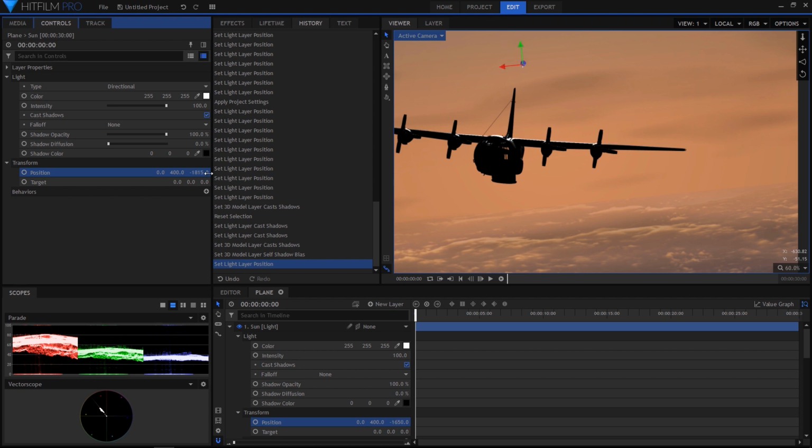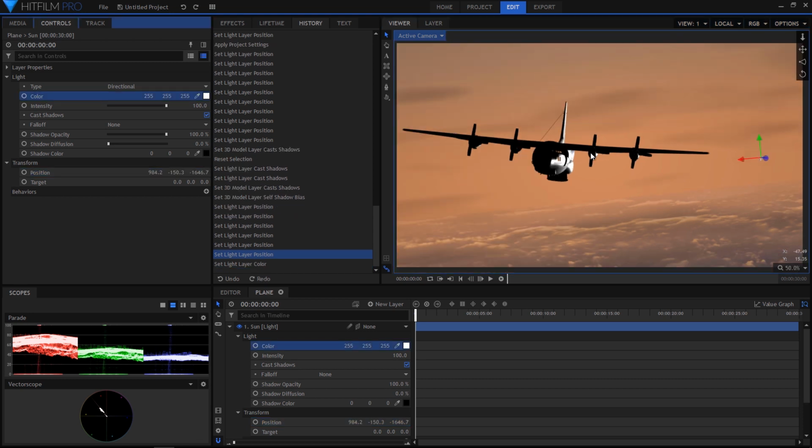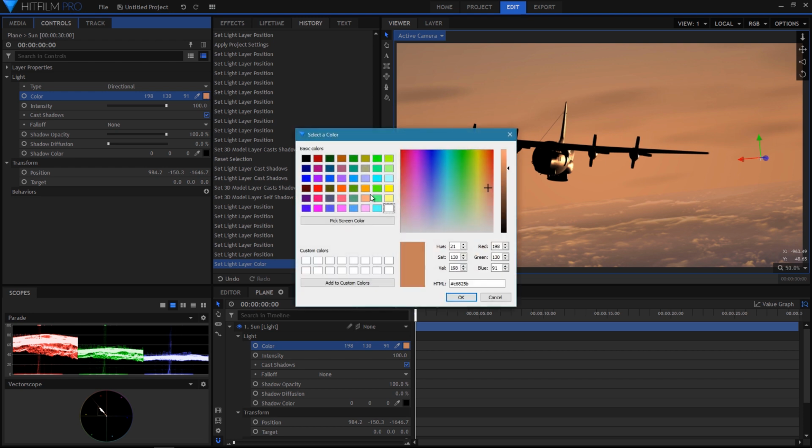Let's put it to the back so the plane is lit from behind. A little bit like this. We can already change the color of the light a little bit by drag and dropping this icon onto the background. Like this. And then let's just make it a bit brighter by pulling the color down to the white spectrum, just a tiny bit of color.